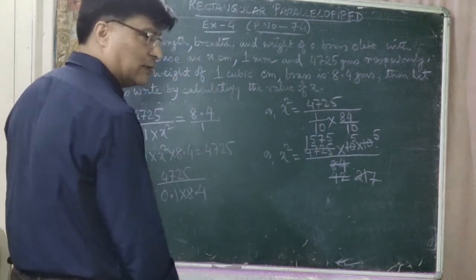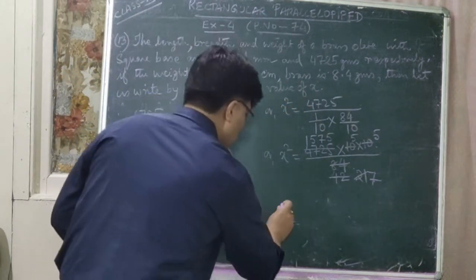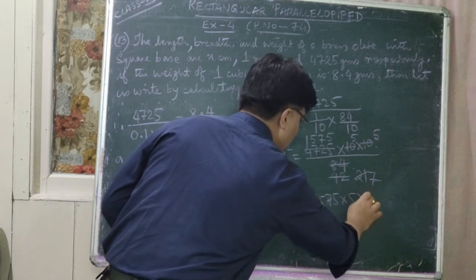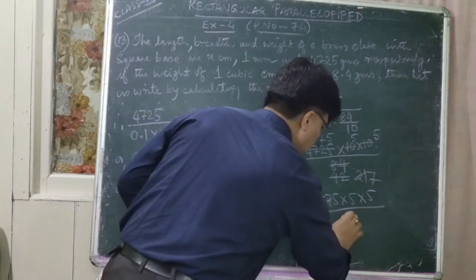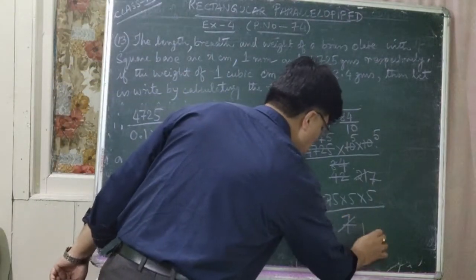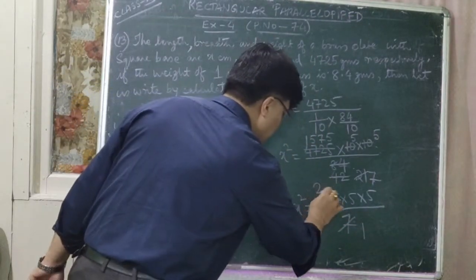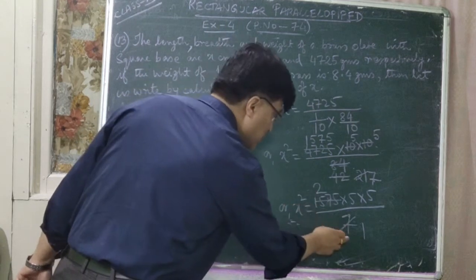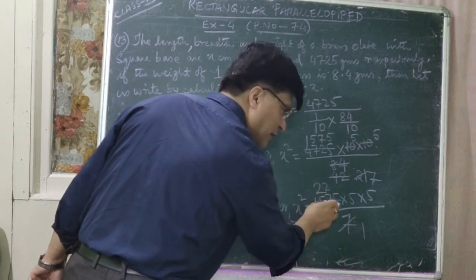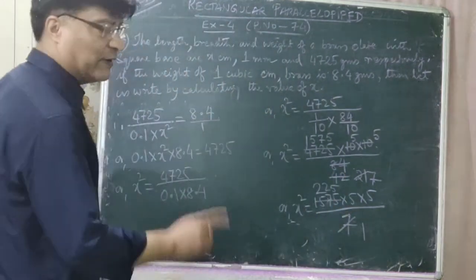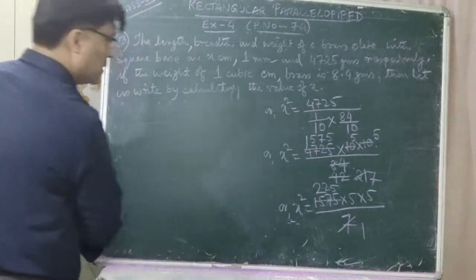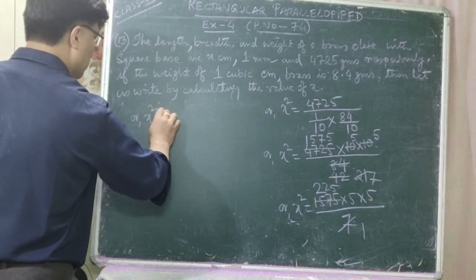5s are 15, right? So now x square is equal to 1575 into 5 into 5 divided by this is only 7. Again it cancels with 7. 7 1s are 7, 7 2s are 14, isn't it? 7 2s are 14, 15 minus 14 is 1, 17, 7 2s are 14, 35, 7 5s are 35. This is 225 into 5 into 5, so let us write it out here, so that x square is equal to